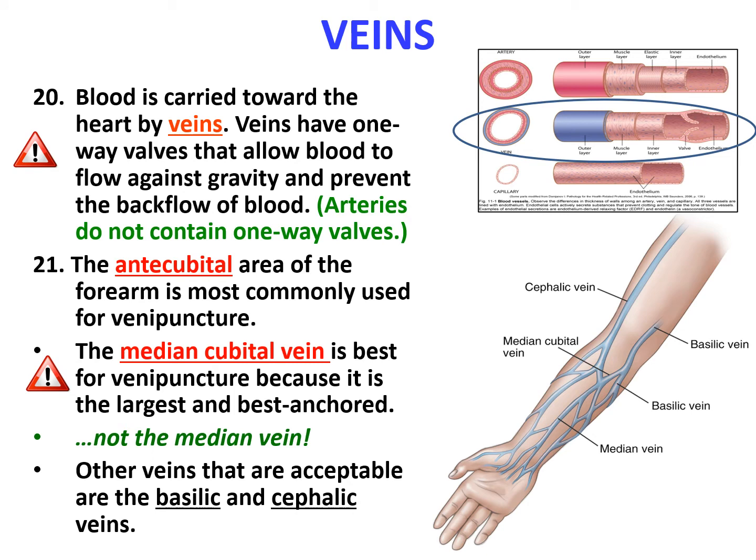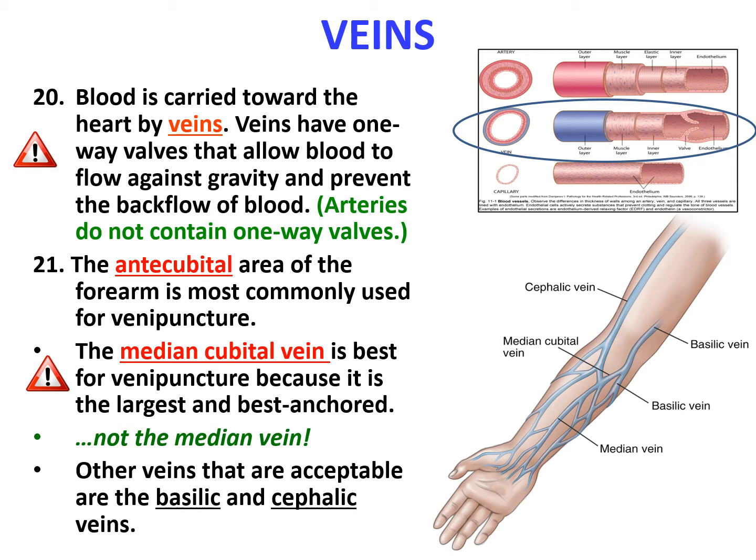So now moving on from arteries to veins. Blood is carried towards the heart by the veins. Veins have one-way valves that allow the blood to flow against gravity and prevent the backflow. So that's why you don't really have that pulse, because it doesn't have that pressure behind it. The pressure pushed it out there, and now gravity is just going to help it flow back to the